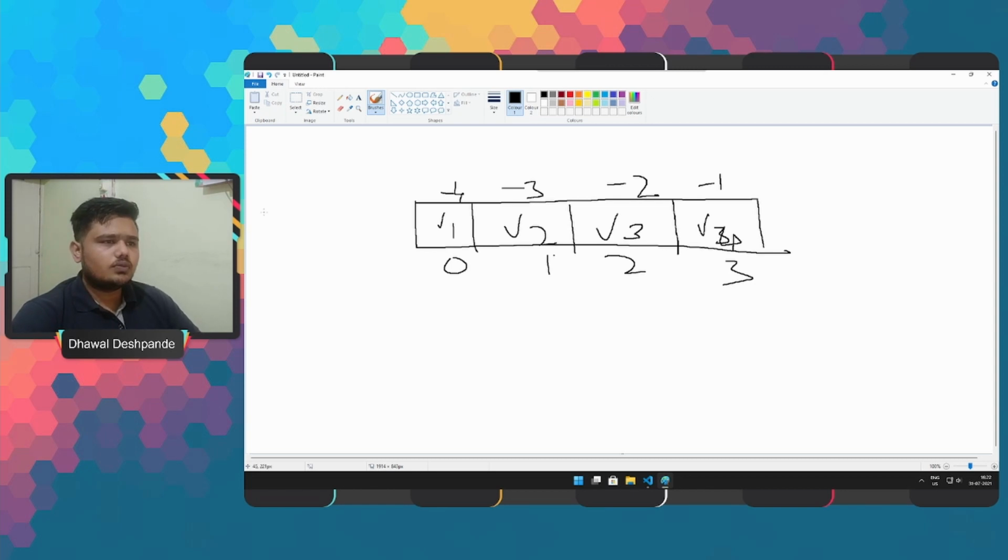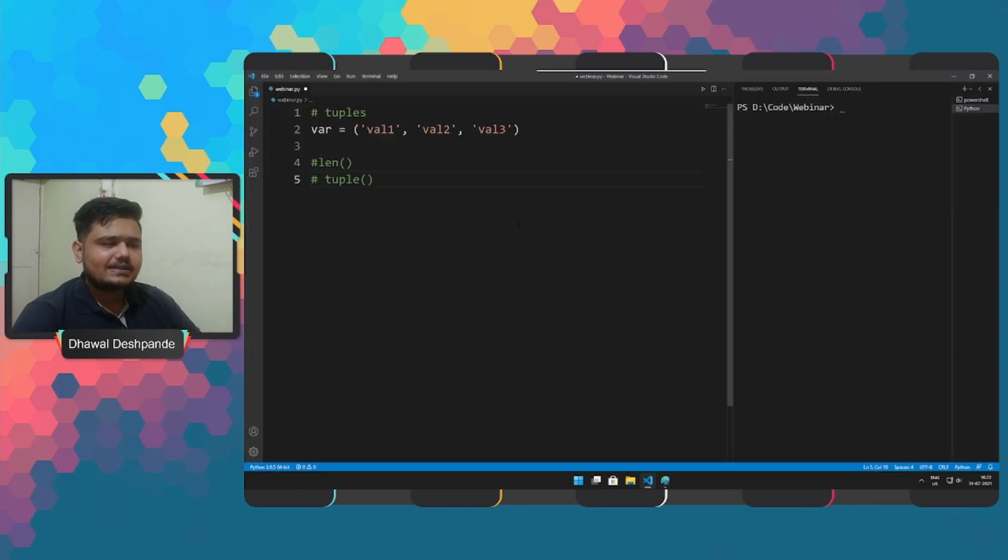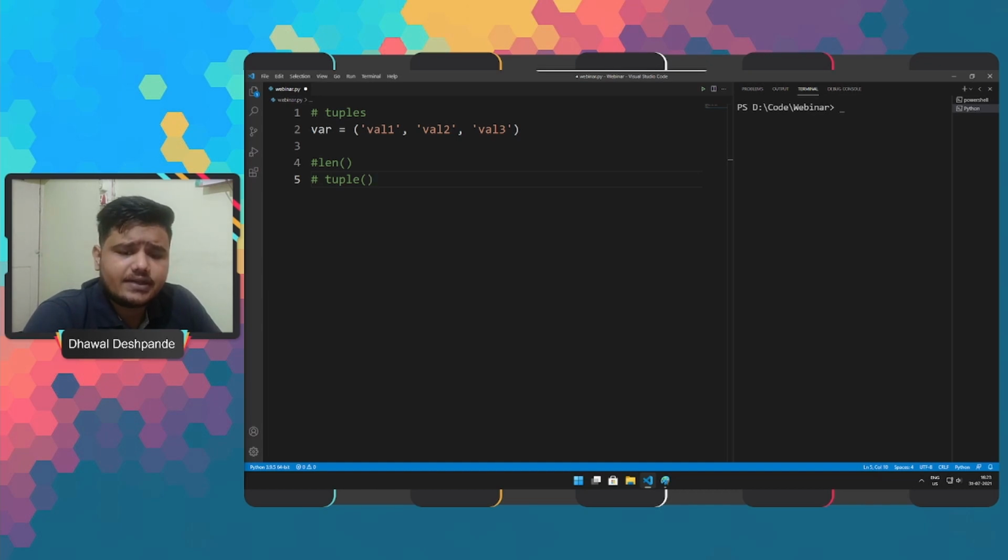And same as list, we can select a single value, taking it from a single index at a time, as we have seen in list as well, right? So these are the basic things that we have to understand about our sequential data type. As I have told you, there are certain functions or methods that we will be discussing further, right? For now, as this will be the absolute basics of Python, we are learning what exactly things are and how to work around with these things, right?